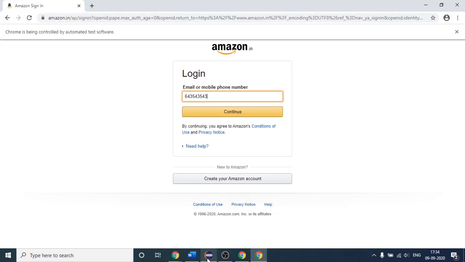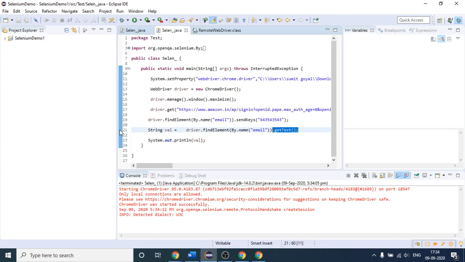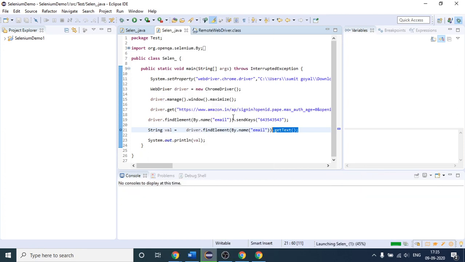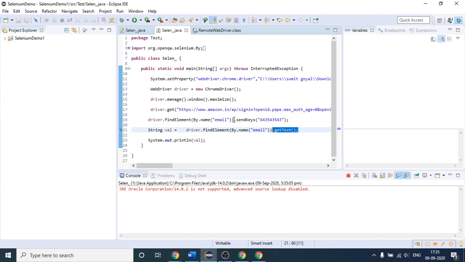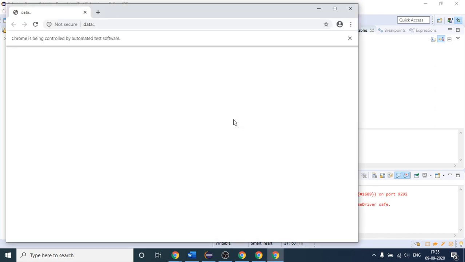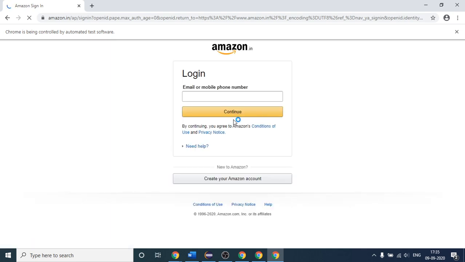So let me tell you why it has happened. First of all, let me tell you what is contained inside this value. When we run this program, let me open it in debug mode this time so it will be more clear. And I will suggest you to try debugging as much as possible so that it will make clear what is happening in our program.